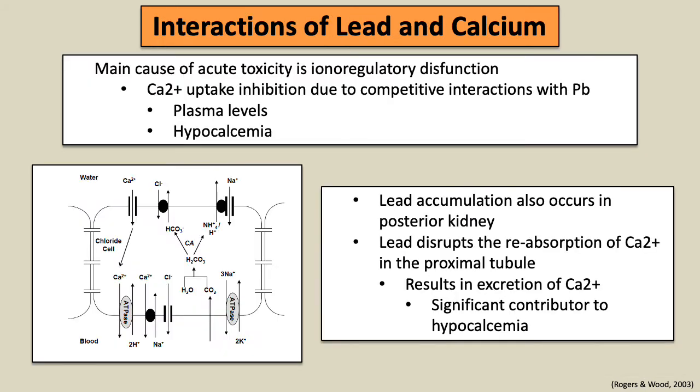With regards to the interaction of lead and calcium, the main cause of acute toxicity is ionoregulatory dysfunction. Calcium uptake can be inhibited due to this competitive interaction we talked about previously with lead, which can result in hypocalcemia and low calcium levels in the plasma. The transport pathways that appear to be most at risk for the uptake of lead are the calcium pathways. For fish, for example,